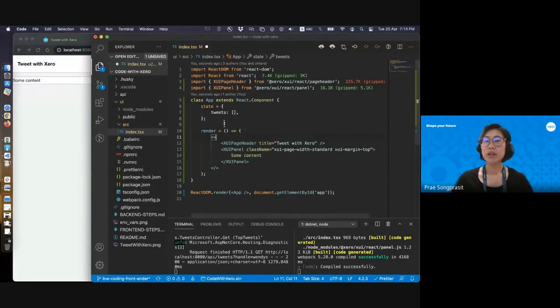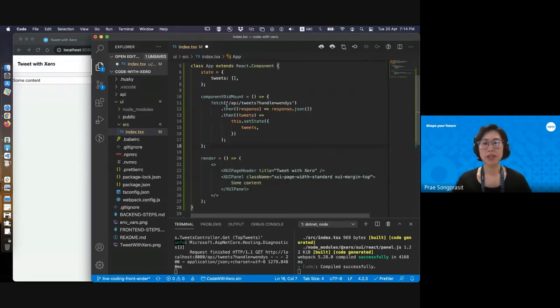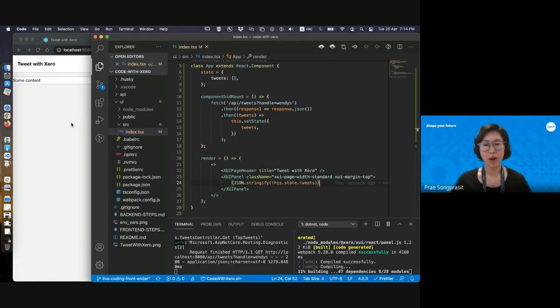So now in React, before anything gets displayed on the page, when the component has mounted, we want to fetch the API that Morgan is preparing for us. After we fetch this API, we make sure that we look at the JSON response object. Then we set the state here with the tweets that we fetched. And now nothing will display because we're just preparing the tweets. If we wanted to output on the page, we pretty much put it into the area that we want. So that's JSON stringify, because this came in JSON object format. It won't be readable unless we do this, and then go this state tweets, and we try to display that on the page. Now, hopefully,